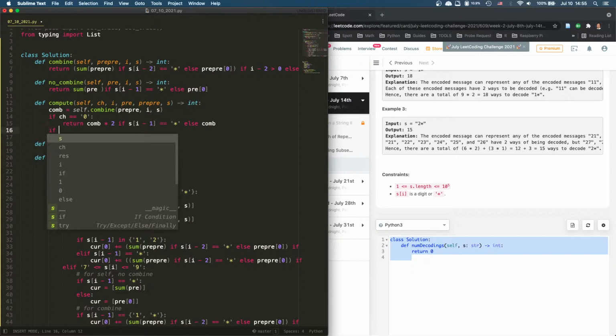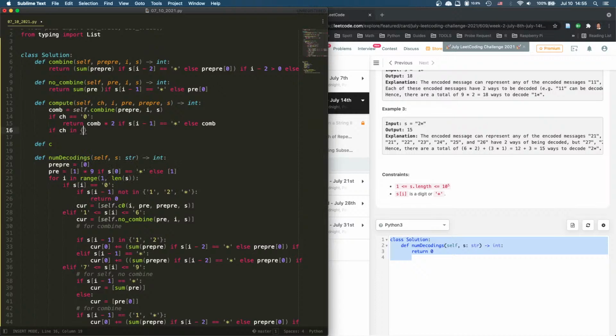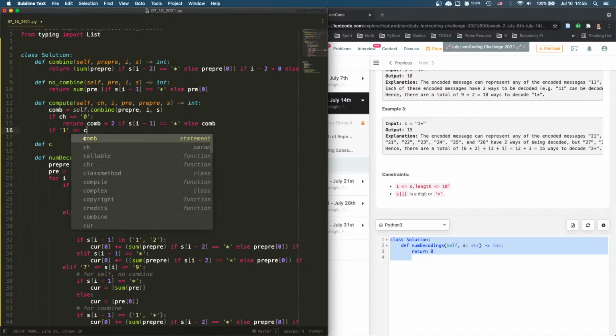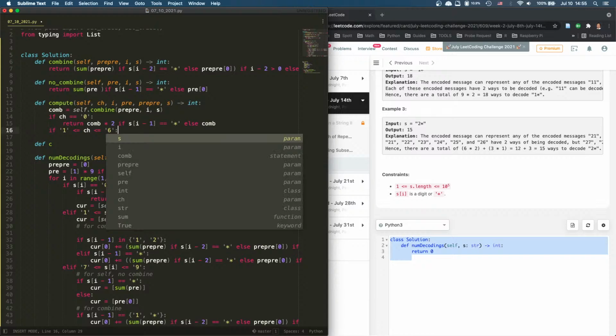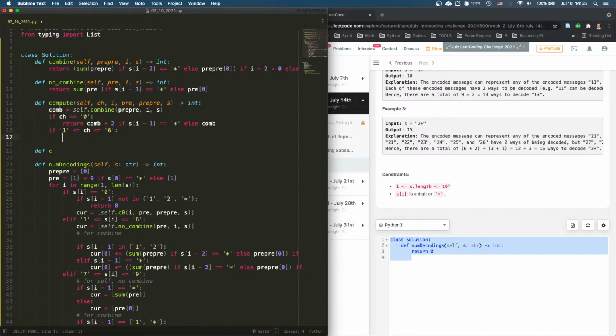If ch is, let's say, 1, smaller equal to ch smaller equal to 6, right? If it's this, then we're going to return